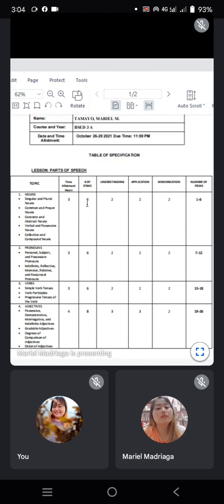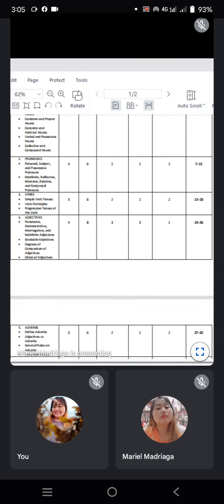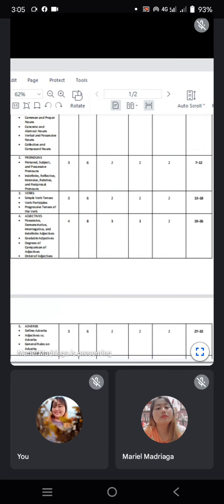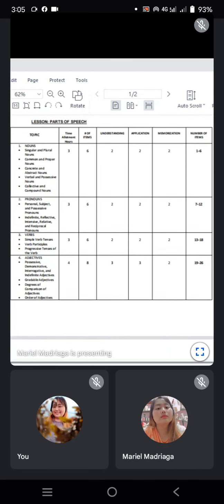So I have written here the number of items, 6. I have solved it for the rest of the topics so that I can move on to the